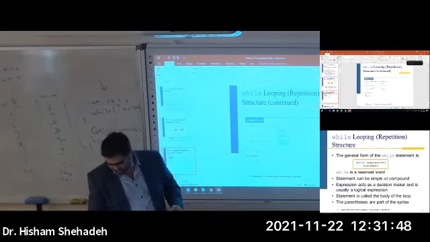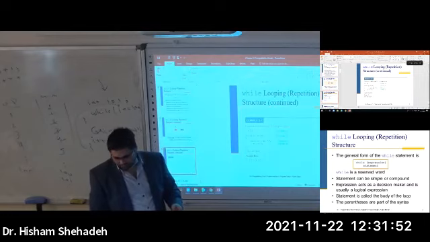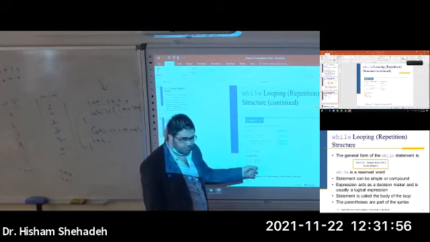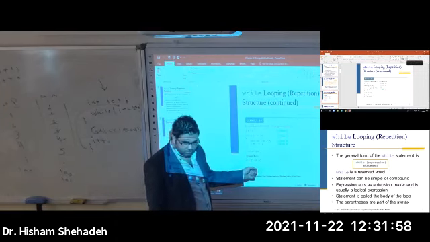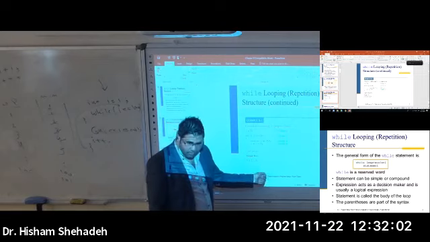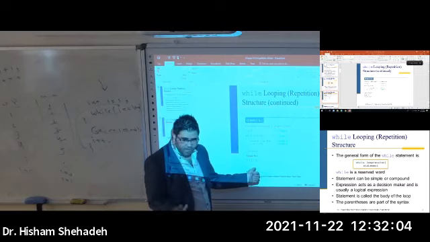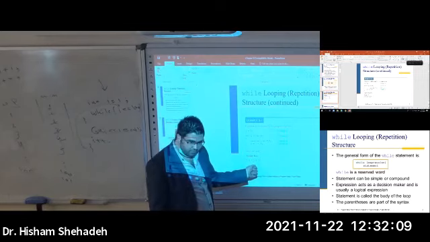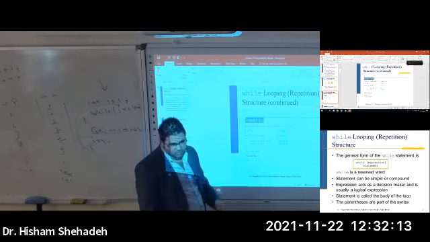In the last slide, how do we print the numbers? We print them 0, 5, 10, 15: we jump 5 every time. 5 plus 5 is 10, plus 5 is 15, plus 5 is 20, until